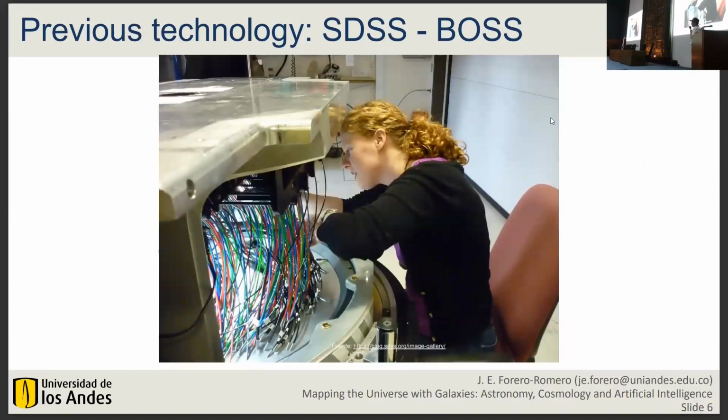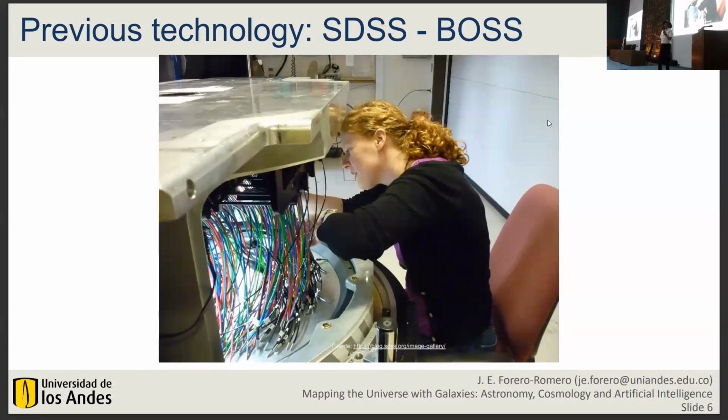To appreciate why these results from DESI are groundbreaking, let's take a look at how it was done before, with SDSS and BOSS. You had to have a human plug optical fibers into plates. Then you take the plate with optical fibers to the telescope, point the telescope, and if you drilled the holes correctly, you get the light from the galaxy into the holes, into the fiber, to the spectrograph. Roughly you have 300 fibers, and you do it all over again for 10 years. After 10 years, you have 2 million spectra.